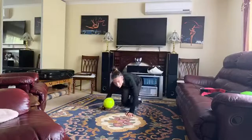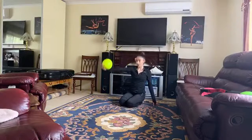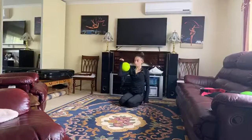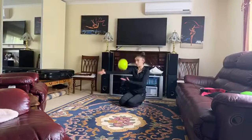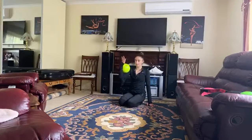So the rebound, for those of you who don't know, we put the ball into our elbow and we flick it. So you bend your elbow, put the ball in, then you straighten your arm. When you straighten your arm, the ball should flick back up. So straighten your arm. That's all you have to do. And catch the ball, of course. So bend your arm, then you straighten it